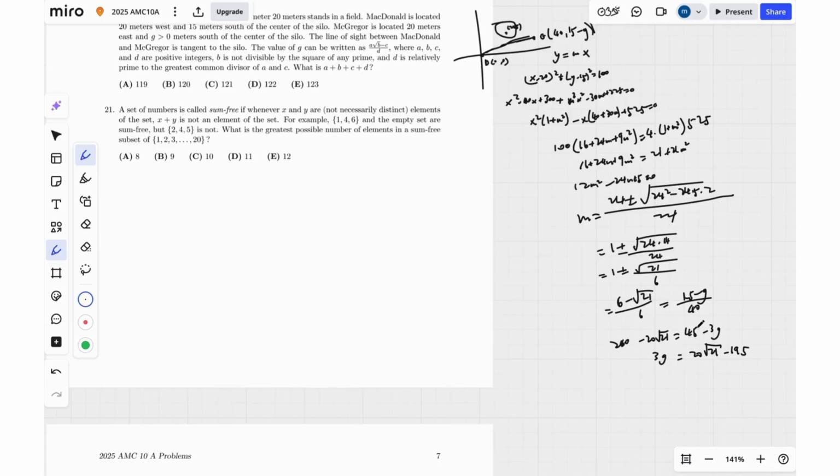Let's see. Oh, never mind. Nope. That's a 120. There we go. That seems better. So that's a 75. So now if we add up all these numbers, we get 119. And